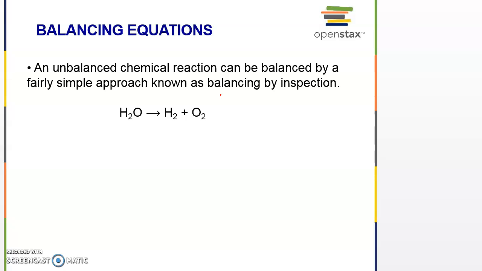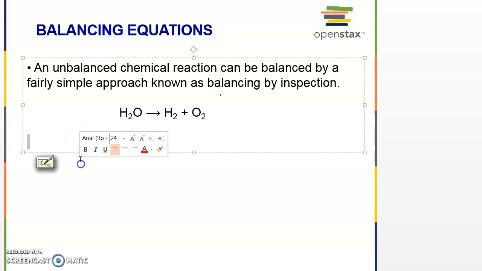Over here, let's check and see if this chemical equation is balanced. How do we do that? Remember, we are looking for equal numbers of atoms of each element, to see if they are balanced on both sides. For the water molecule here, what are the elements we have? We have hydrogen,